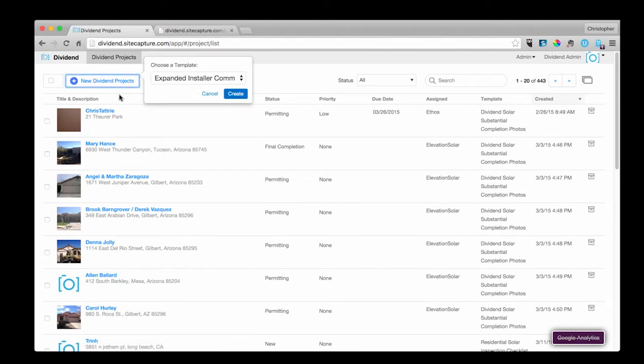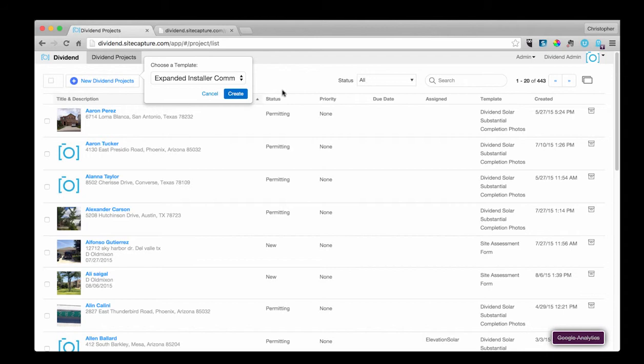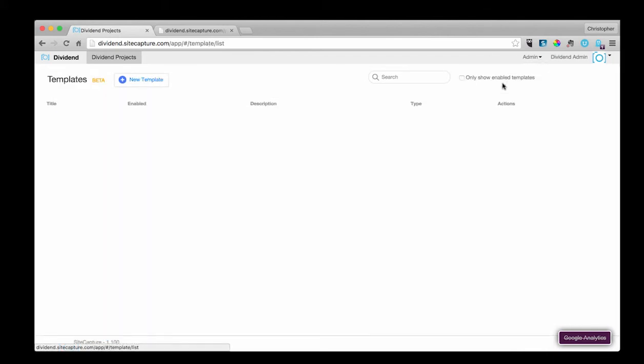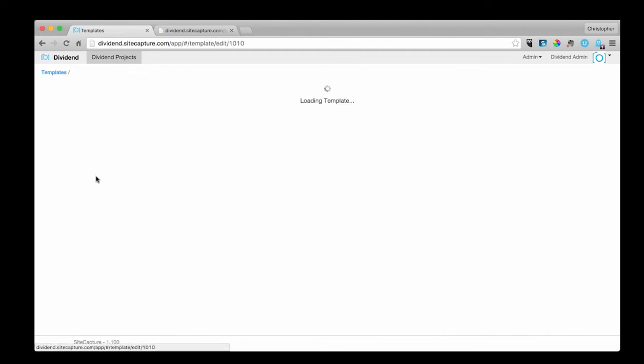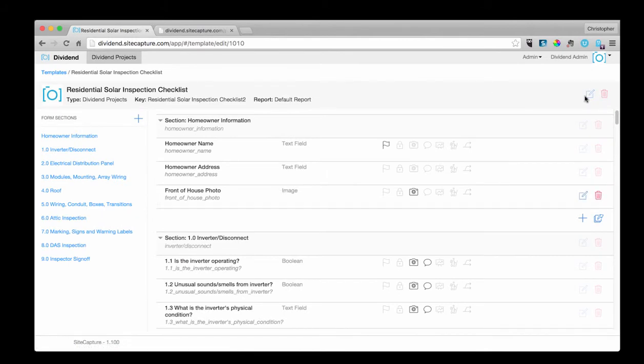So if I created a new case right now, it would use whatever newest version of the template was available. Now if I go into my templates, you can see only 3 of these are enabled, so the other ones are not available to use. To change that, it's pretty simple. You just go up here to the template